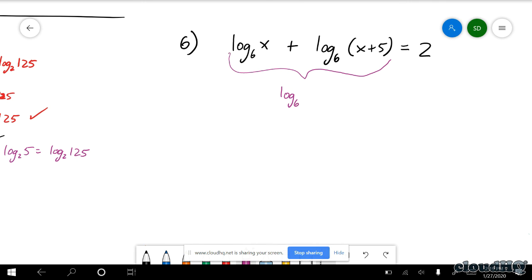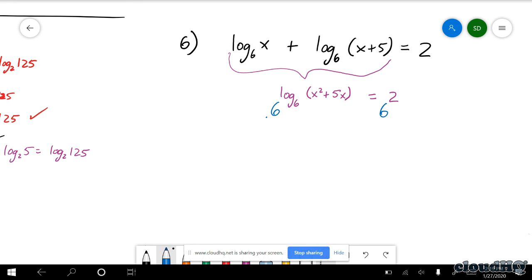Will this one be a fraction? No. So you take the x and the x plus 5 and you multiply them. So I would distribute while you're doing that. You get x squared plus 5x. Now we have a single log. Now it's like last week. So we need to exponentiate